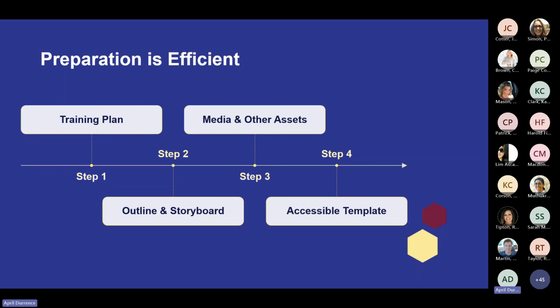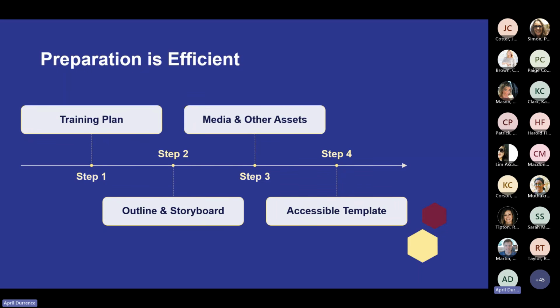This includes input from your SMEs or subject matter experts and all the content approvals you need before you start building the course. Starting your authoring process with an approved storyboard means you know exactly which media and other assets you need to create or gather in terms of images and screenshots, videos, narration, demos, scenarios, and any other content you want to include. Ensure those who gather or create those assets are doing so with accessibility standards in mind.